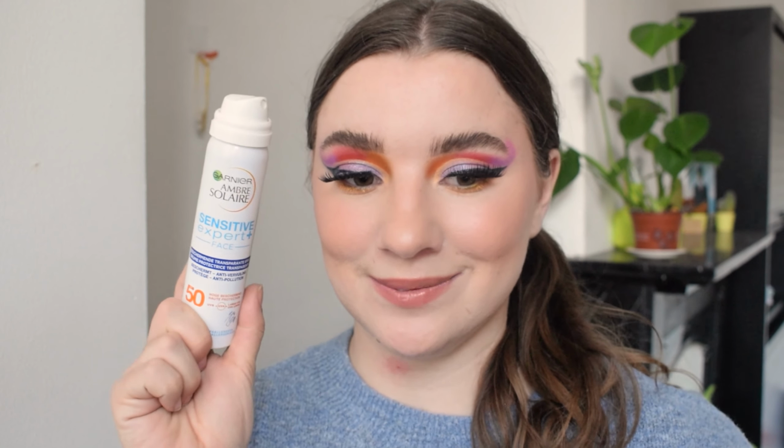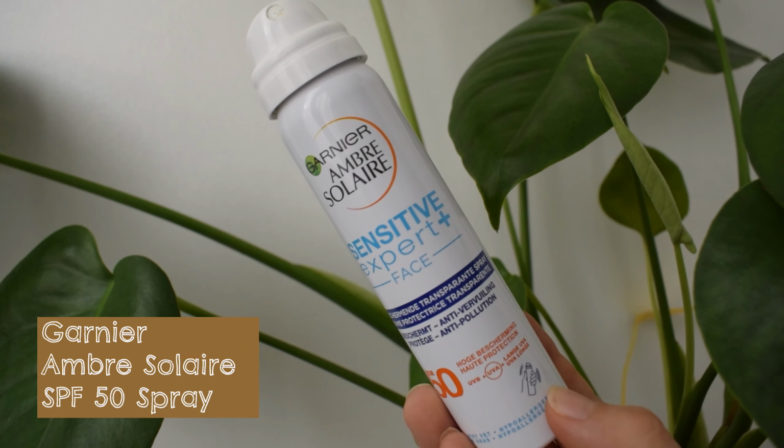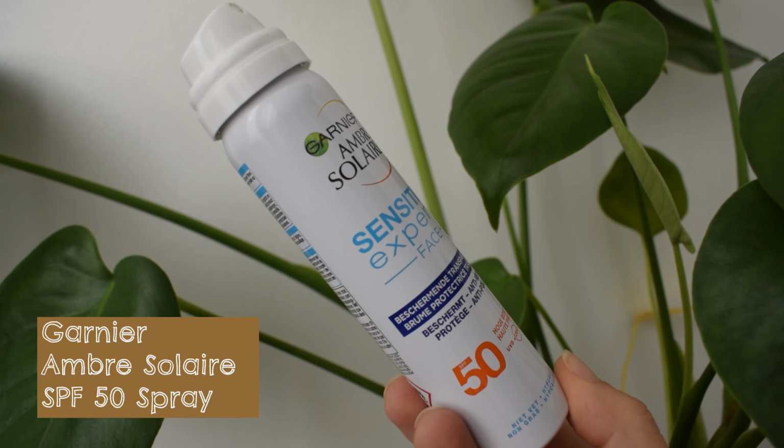Another sunscreen product that I picked up has to do with a certain type of problem, especially when I want to reapply sunscreen when I'm wearing makeup. So that's where this one comes in. This is the Garnier Ambre Solaire Sensitive Expert Face with SPF 50. And this is basically one of those